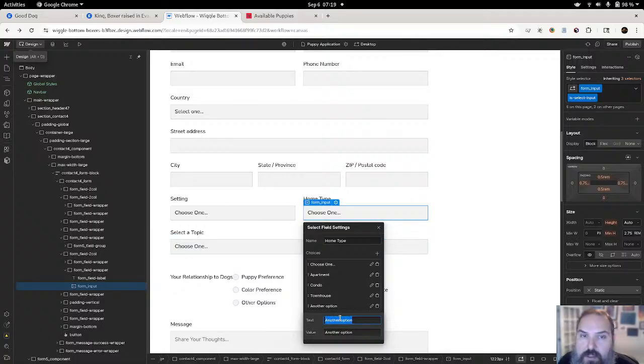Townhouse, townhouse. And one more. Other. The other.